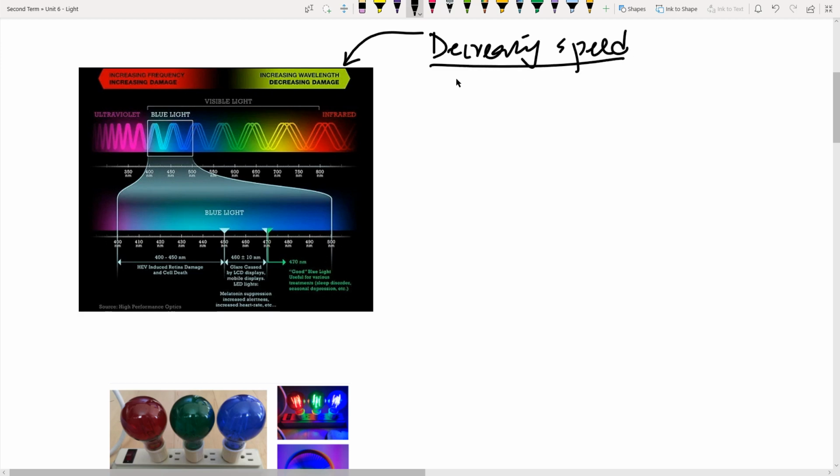We can say decreasing damage. So that means red light is less damaging than blue light, and hence we see red lights also travel farther compared to other lights, which would refract more and would be diminished earlier compared to red light, and hence we use these as brake lights